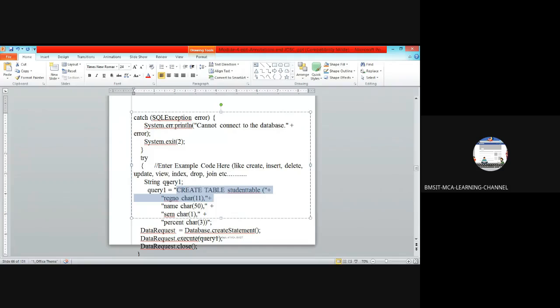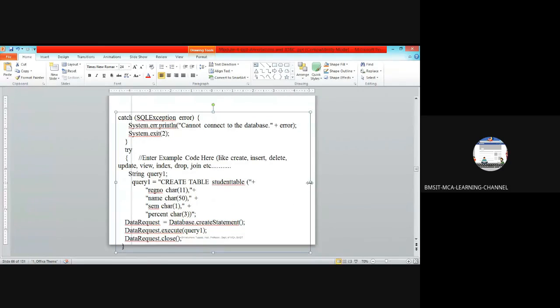So you write query 1 as a string, query 1 equals the same syntax. The syntax you need to write here must support MySQL. It may differ for Oracle. It may differ for DB2. It differs with respect to which database you are going to talk to. You need to write the syntax accordingly.